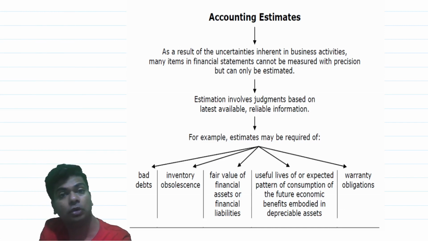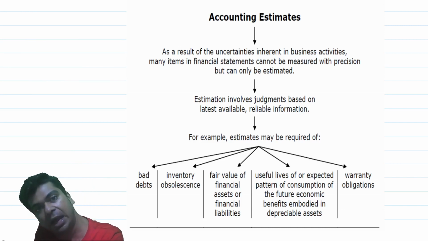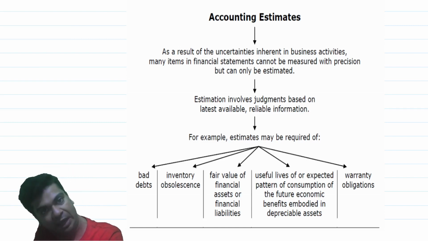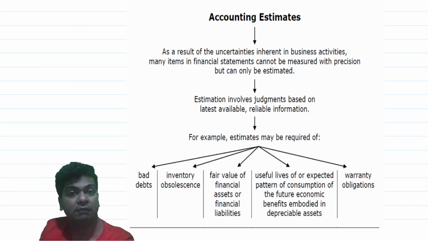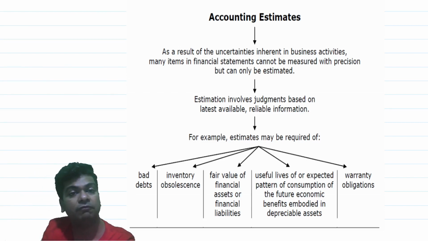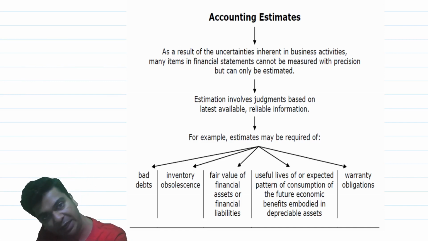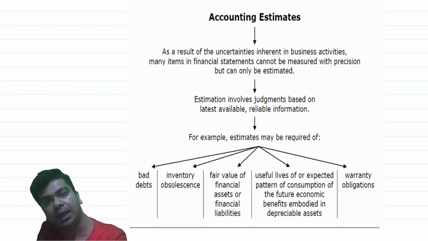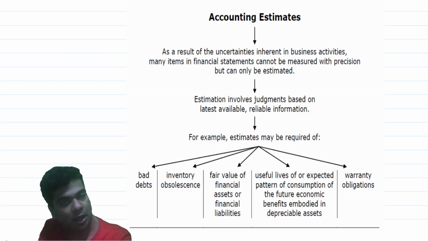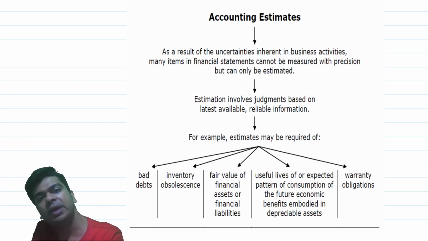I have a pending lawsuit. The judgment of the court will be out in future, and then ultimately I will come to know the amount of damages that I will have to pay. I am not supposed to wait till the judgment is out. Today itself I will have to make some estimate of the amount of damages payable, and accordingly I will have to recognize a provision for the same. This is again nothing but an estimate. I will have to estimate the fair values of assets and liabilities. I will have to estimate the net realizable value of my inventory. There are so many accounting estimates that are required to be carried out.